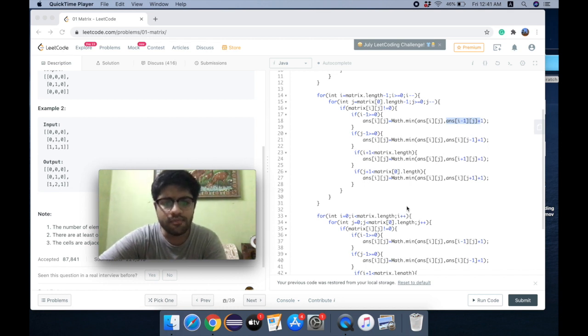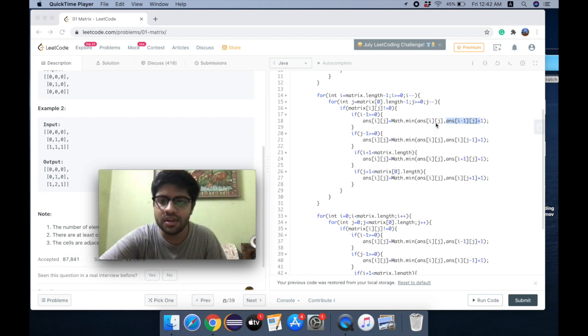The only problem with this approach is that, let's say in this matrix you have all the ones in the top 2 rows. Once you are iterating it, then for this first position 1, you'll try to find the neighbor below and the neighbor on the right. The neighbor on the left and the neighbor on the top don't exist here, right? So only down and right are left. Down would also be 1 and right would also be 1. So in the solution matrix we would have infinity there, integer dot max value.